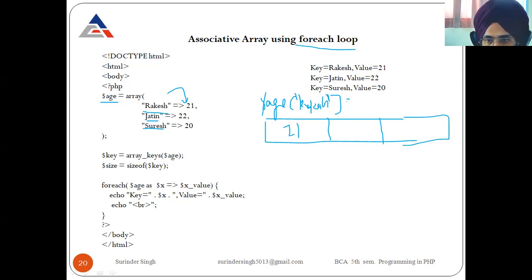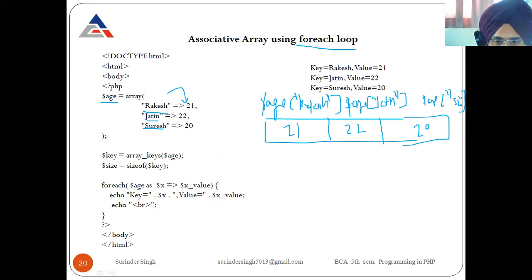The next, second element of age has key Jatin, having value 22, and the last element of age has key Suresh, I'm not writing the full name, having value 20. Clear?